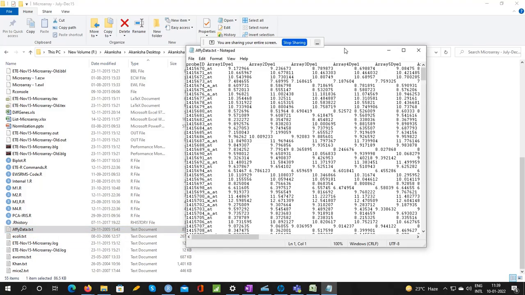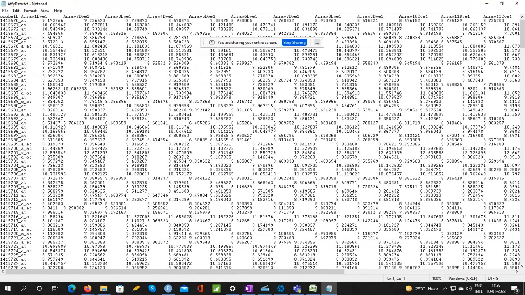Yes, for example, see, can you see here, first column is probe id. So 1415670 underscore 80, then there is something underscore a underscore 80. So you may see x underscore 80 also.